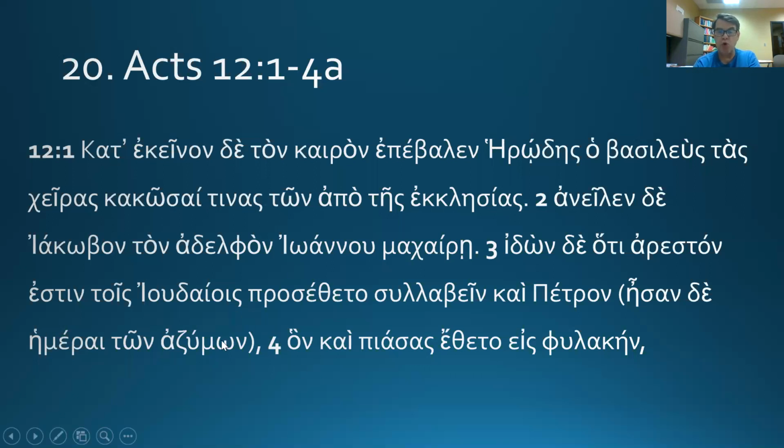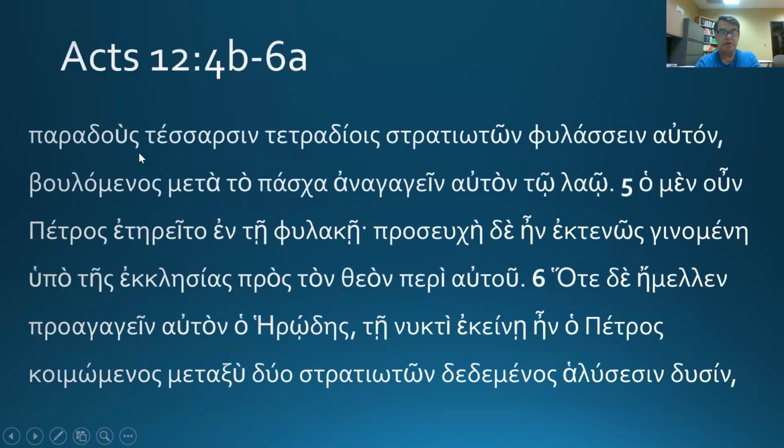Verse 4, whom, Peter, that is, this relative pronoun is telling me about Peter, whom also, having seized him, he put him into prison. So etheto is tithemi, the aorist of tithemi. The theta epsilon is what tells me it's tithemi. Okay? Themi, thay. That's the thay, tithemi. Okay, whom also having seized him, he put him into prison,